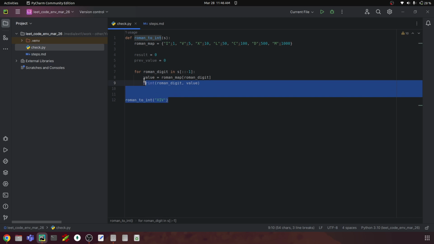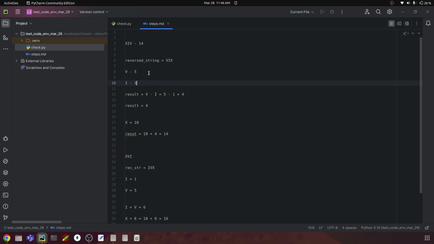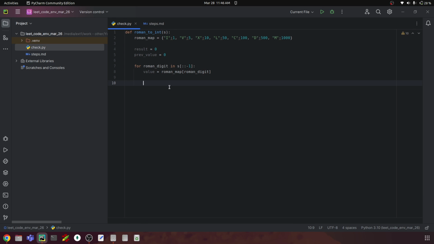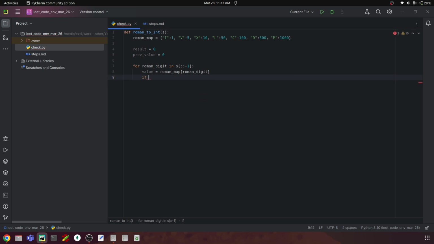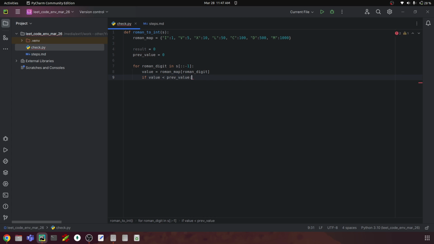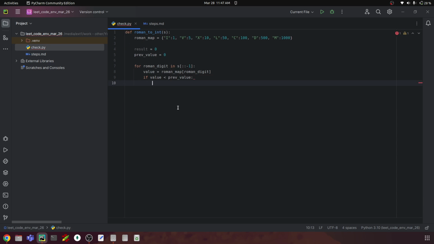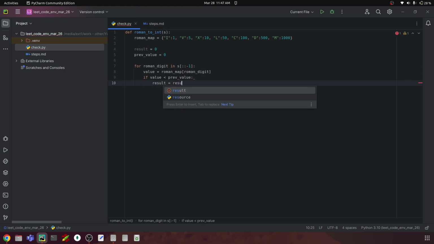Once you are done with that, the next step is checking if the value is less than the previous value, just like the way that we did. In the first case we don't need that, because you don't have a previous number before this V, this is the first number, so that's why we are initiating it with 0. But after that we would compare this I with 5. So here I would compare if value is less than previous value. If that's the case, as I said, we need to subtract these two and store it in the variable called result. So here I would say result is equal to result